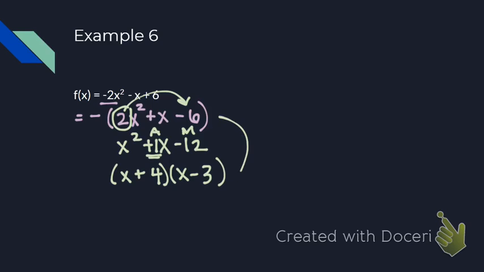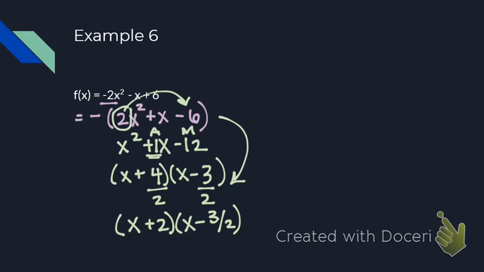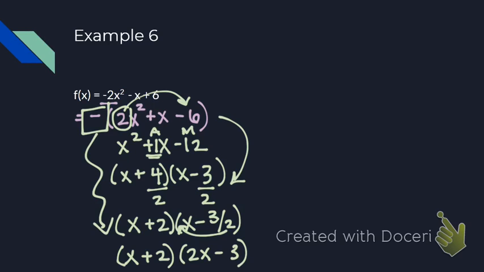Now we swung on a swing, so we have to swing back the opposite direction, and we're going to divide by 2. Reduce, 4 over 2 is 2. 3 over 2 does not reduce, so we leave it alone for a second. So we have x plus 2, it reduced my denominator away. I still have a denominator here, so I swing it up, 2x minus 3. But again, guys, remember, we factored out that negative at the very beginning, so I write my greatest common factor in the very front, and we have factored this